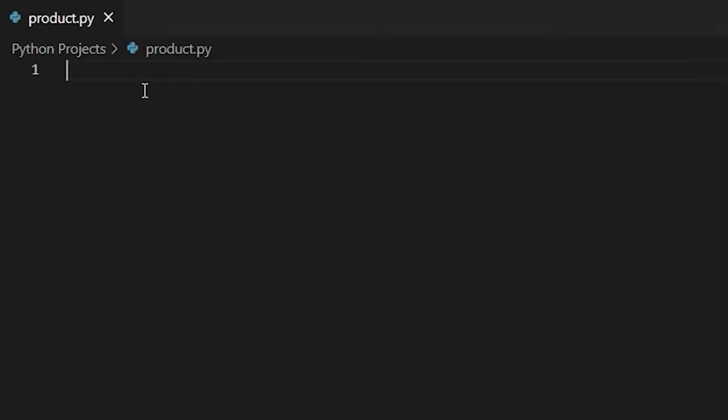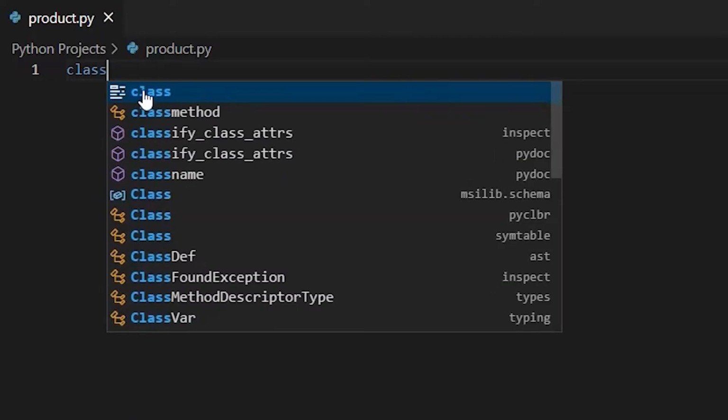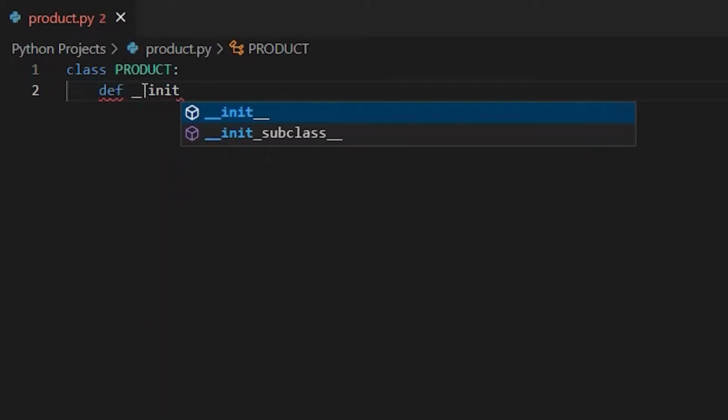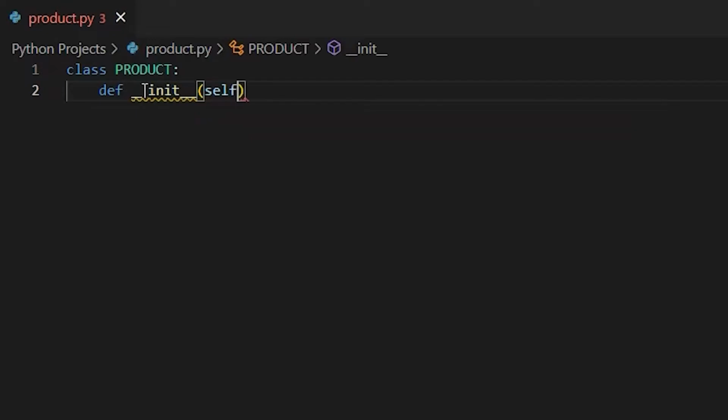First line of code is we need to create our class. So you can see I've just typed in class here, and now we just need to assign our class name. And I'm going to call it product. And make sure to end it with a colon. Now here we need to put in our def, 2 underscores, init, 2 underscores, and in parentheses we'll have our